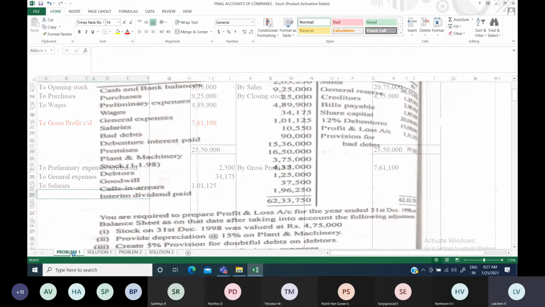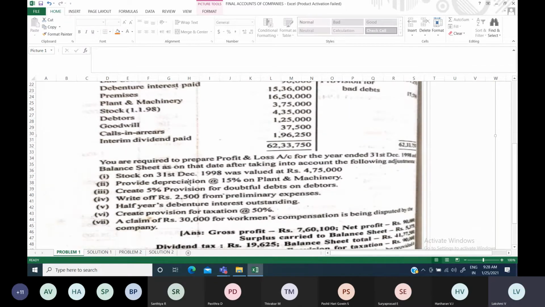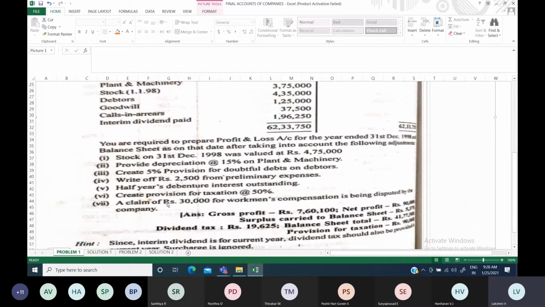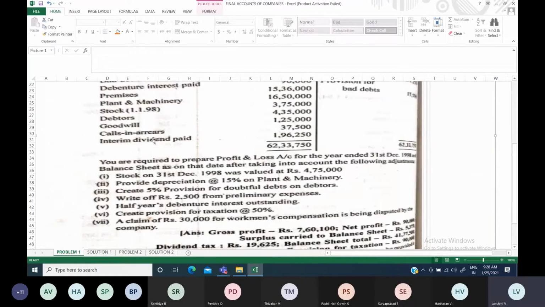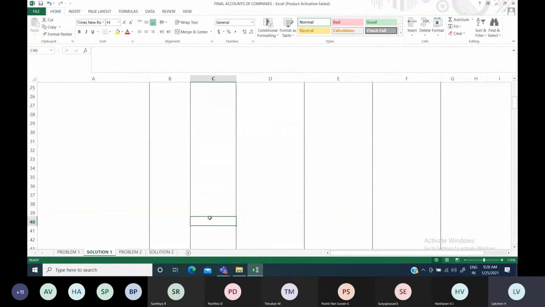And moving to the next item, bad debts. So bad debts, when you come across, as I told already, you have to go through the adjustment. If anything has been given here, then better in the rough column, you work out sundry debtors, bad debts, provision for doubtful debts, everything, and then find out the amount and come back to the profit and loss account. Okay, so let us prepare a balance sheet roughly.